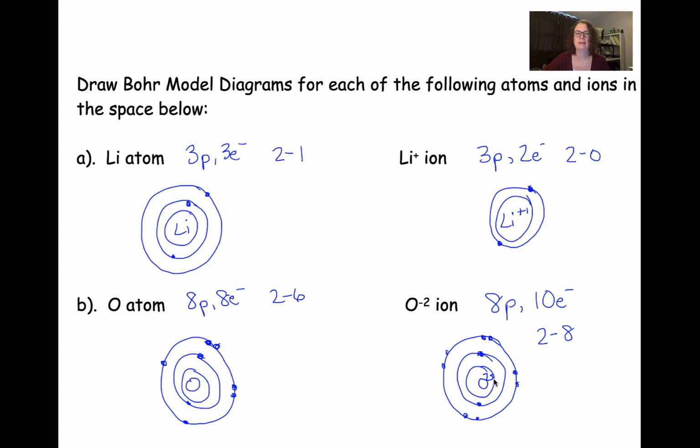Okay, so valence electrons are the electrons that inhabit the outermost energy level on an atom. We can tell how many valence electrons there are by looking at the electron configurations for each atom on the periodic table. And if we start to add or remove electrons, that's going to happen in the valence shell. And we can depict those with Bohr models